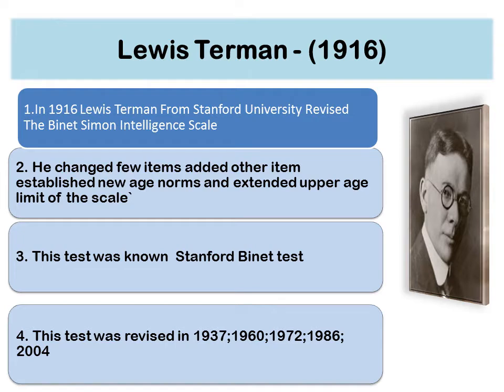So, later on, Lewis Terman, while he was studying in Stanford University, revised Binet-Simon's intelligence scale. He made a few changes in the scale, like extending the age limit of the scale and adding a few other items. After that, this test was known as the Stanford-Binet test because the Binet test was revised by Terman while he was studying in Stanford University. Later on, the drawbacks of this test were overcome